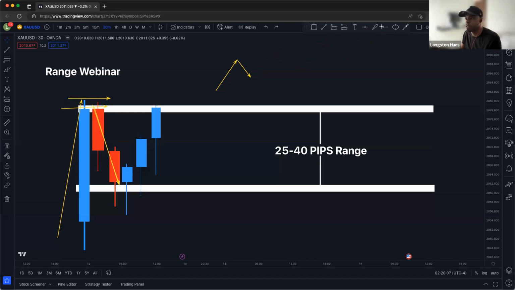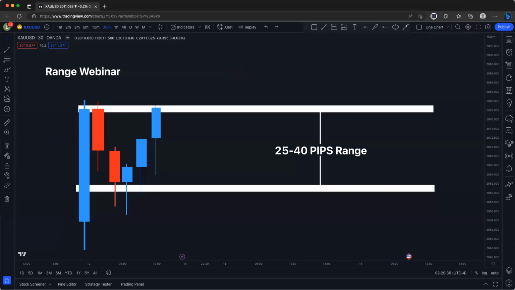So what is this? Price went up, pulled back. Formed this support with this new bullish candle. So now we know that on the next bullish candle, after it creates this bottom wick and it breaks this high, we're entering. That's our trade to fill this range. Okay. You guys understand that?